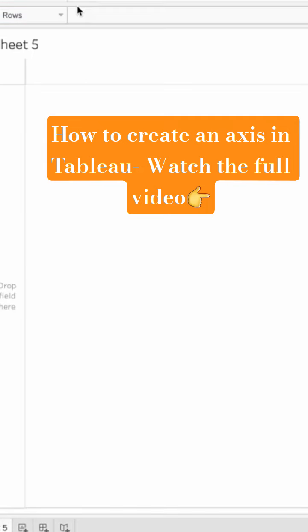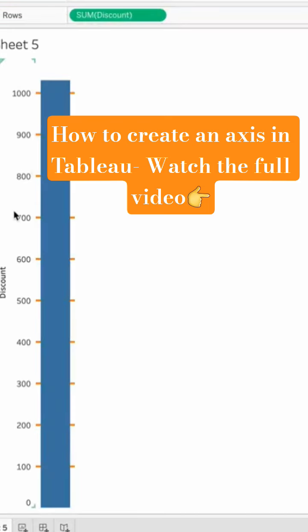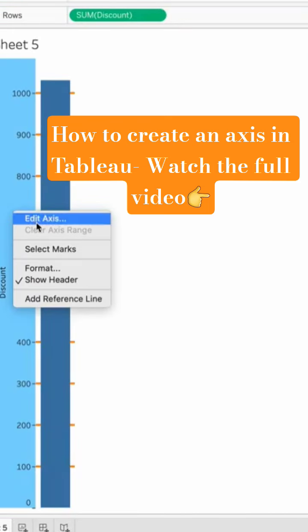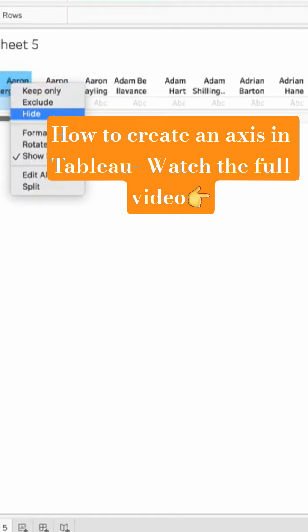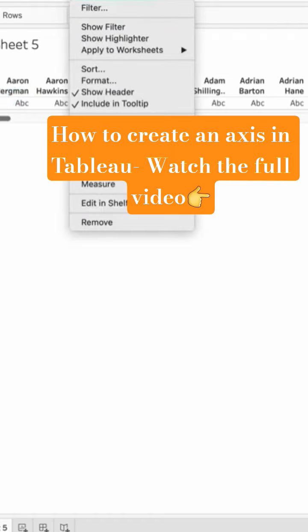You're fine, and there you have it. And if you right click on this, you have the edit axis. But if you have just a header, which is just a label, you wouldn't have the edit axis option. And if perchance you've hidden the headers, for example this, to show the header, you have to click on that variable. For example, this customer name, I've hidden